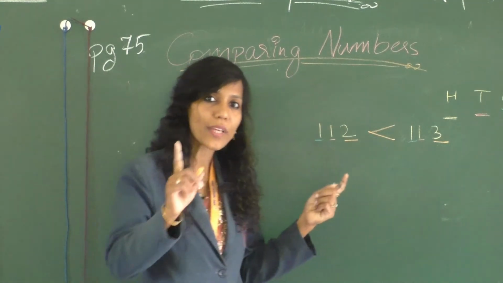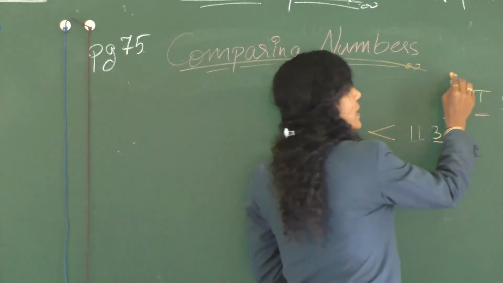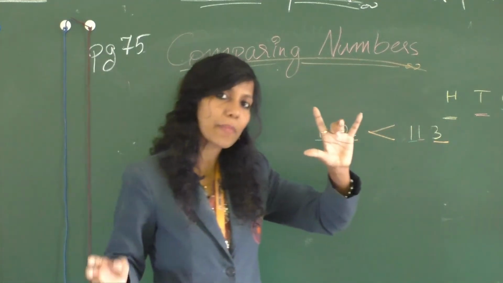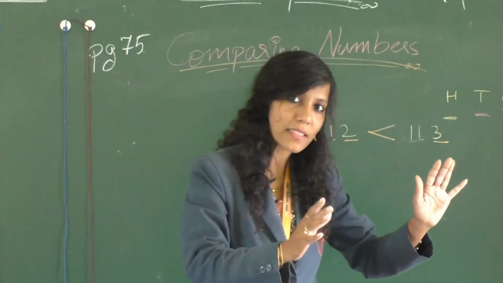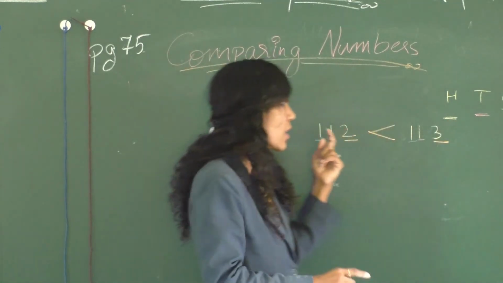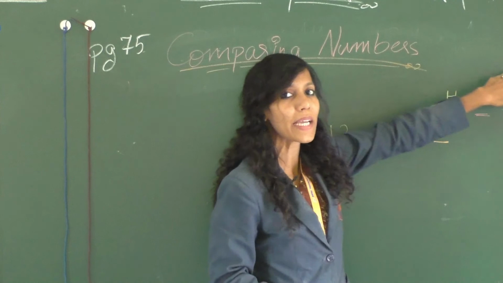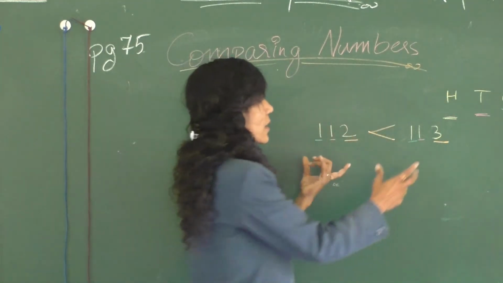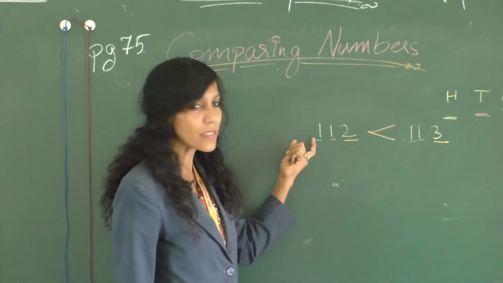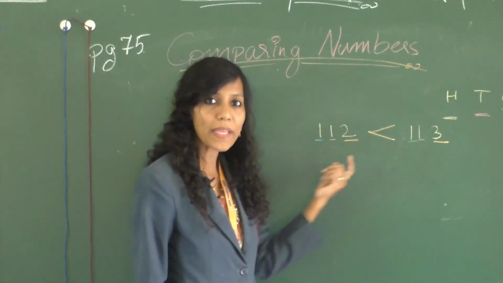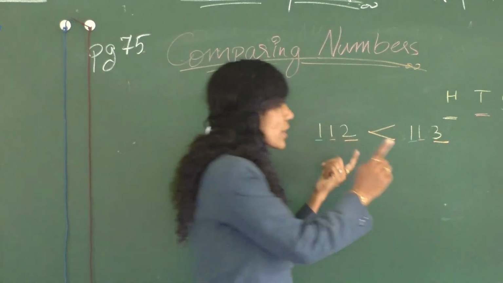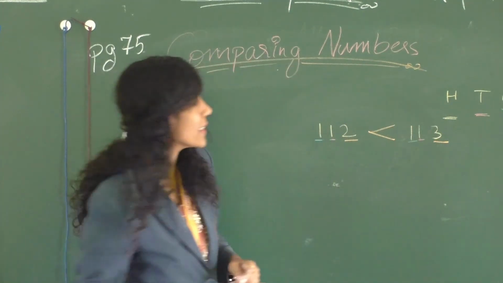So always go in order. Just follow the sequence from H to O. See the first number. If both are same, go to the next number. If that also is same, go to the last number. One by one, you have to get down the steps one by one. Not required to compare the whole number. First digit, if both same, go to the second digit. If they are also same, go to the next digit. Fine, easy, isn't it?